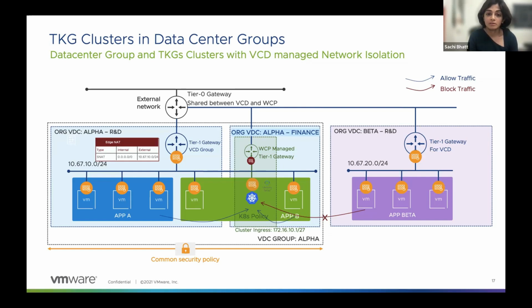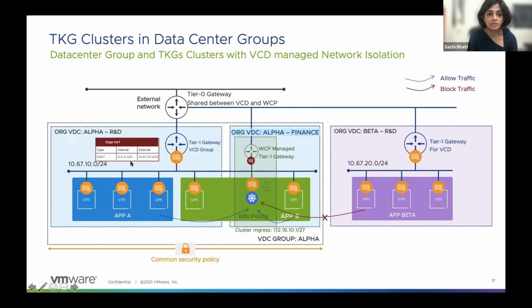But the idea here is that the Kubernetes cluster will follow the security posture imposed by the data center group. Also, this creates two kinds of rules.